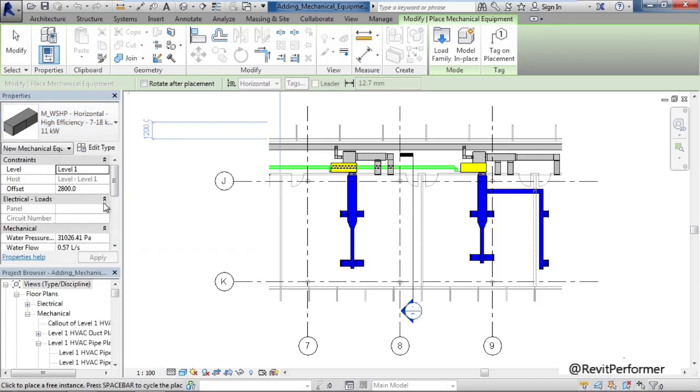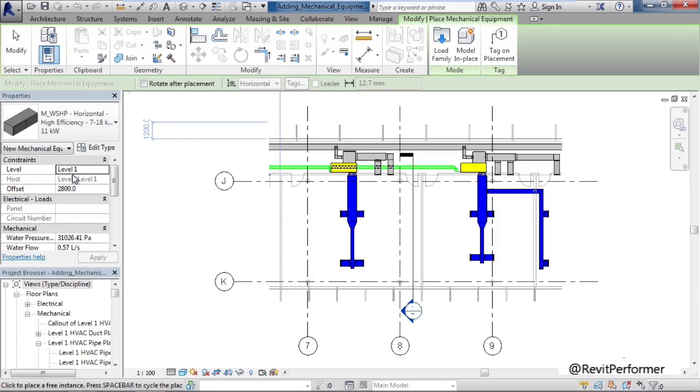One thing to note before we get started, let's look at the constraint area. Right now, the constraint is based on Level 1. Anything I'm placing now from a mechanical standpoint has to be constrained to something. It could be a floor level, it could be a ceiling, or it could be another system. And in this case, it is. The other thing you make note of is the offset.